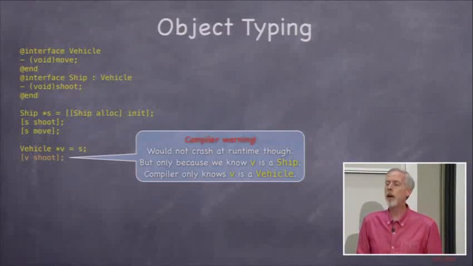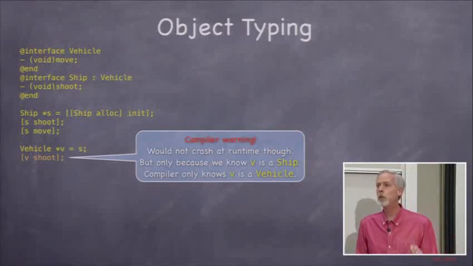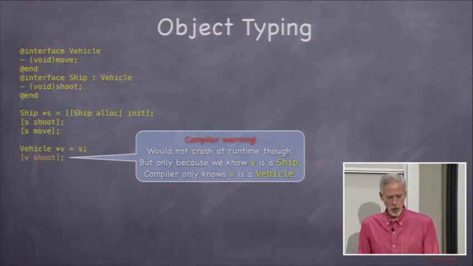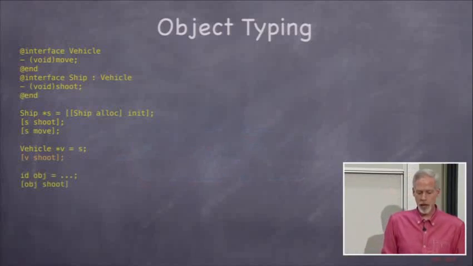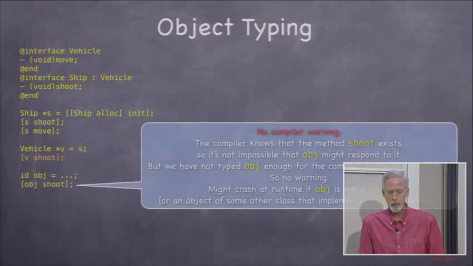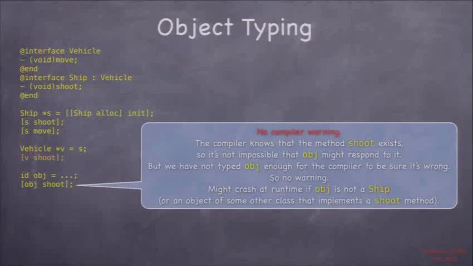Okay, what about at runtime? This code will not crash because we know that v actually is a ship. So this will work fine at runtime. Okay? See that? So this is the example where you get a warning at compile time, but it runs fine at runtime. Okay? Now, what about this case where I declare an obj, okay, and it can be anything we want, you alloc init it somehow, and you say [obj shoot], okay? No matter what obj is,